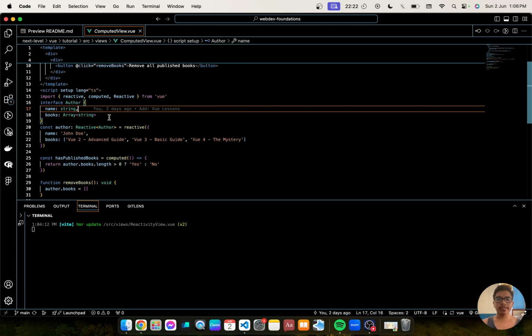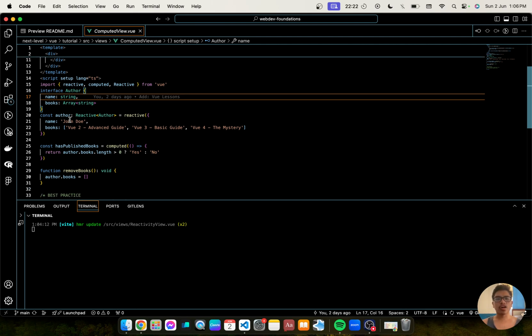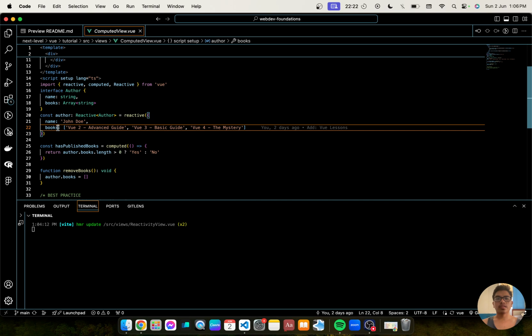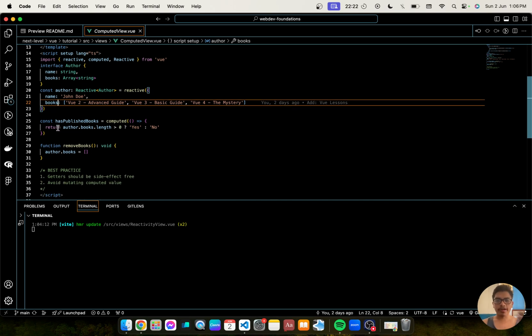And we've created an interface Author where name is string and books is an array of strings. And we have here author, then reactive with the type Author. And we've entered some values like name, and we have here books. And this is the part where